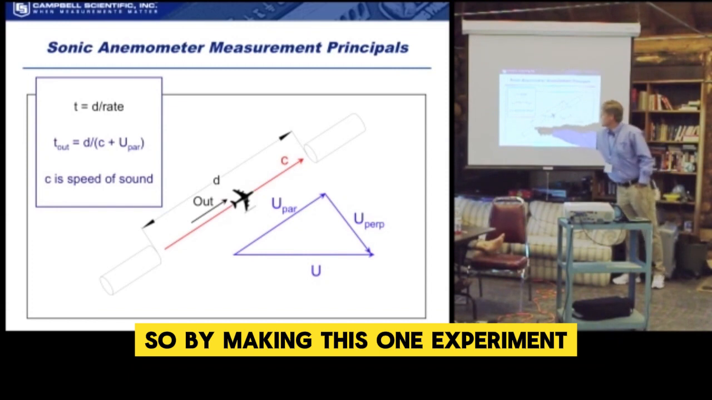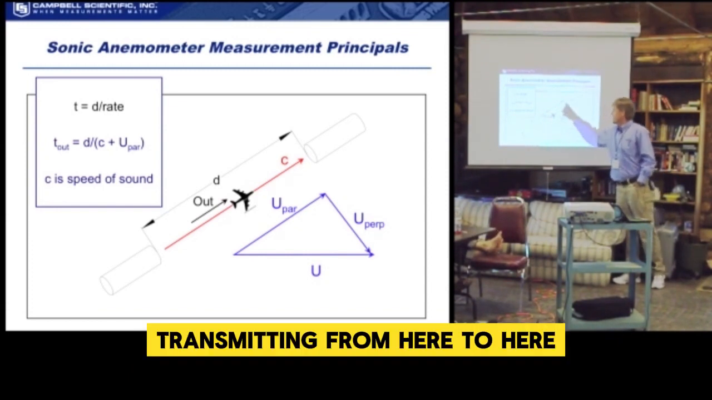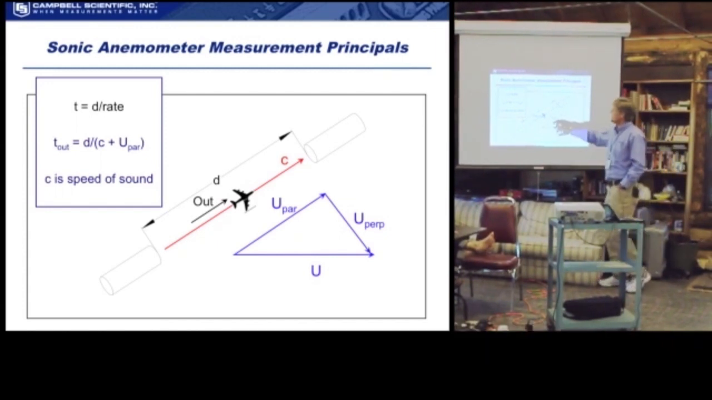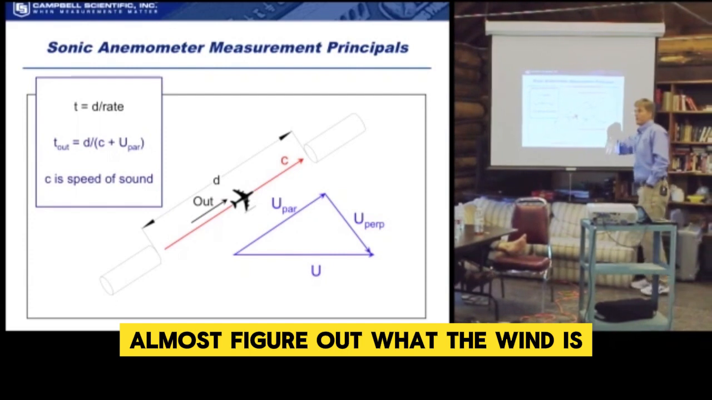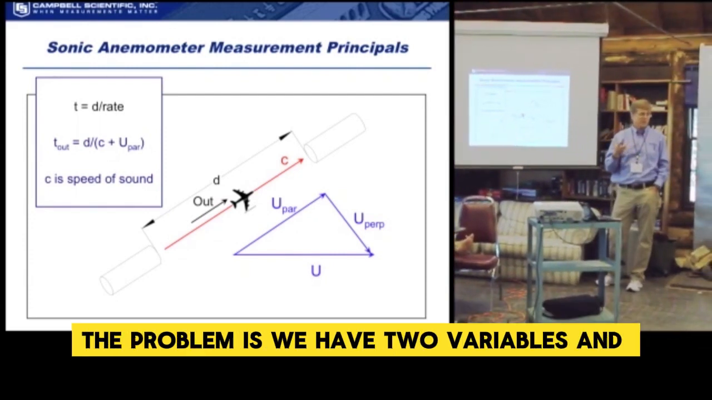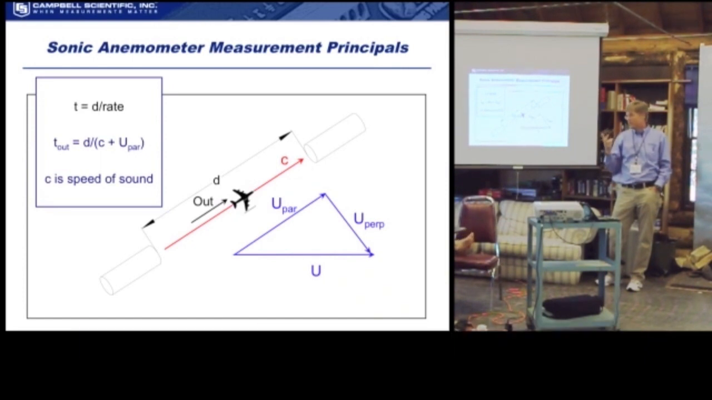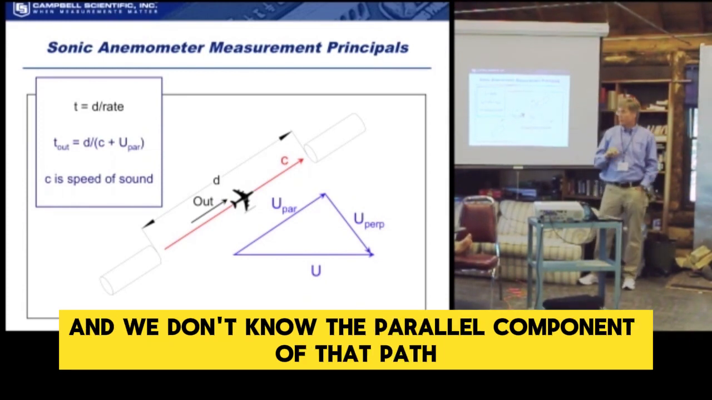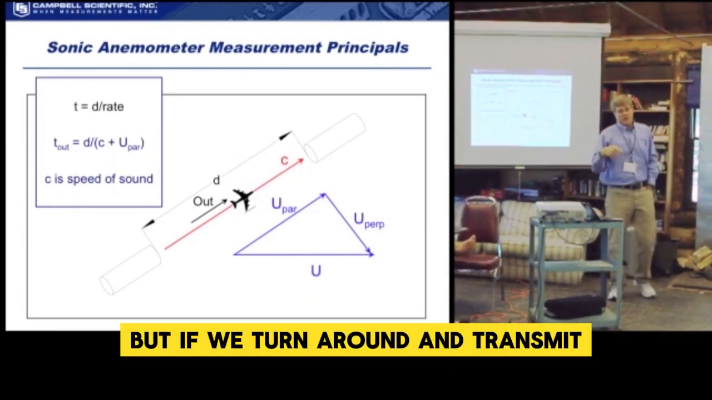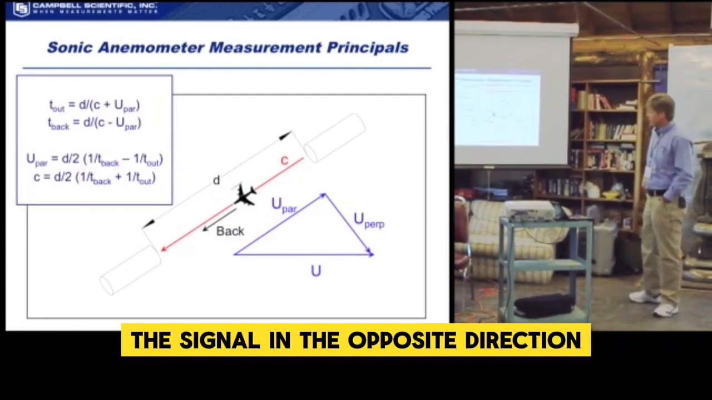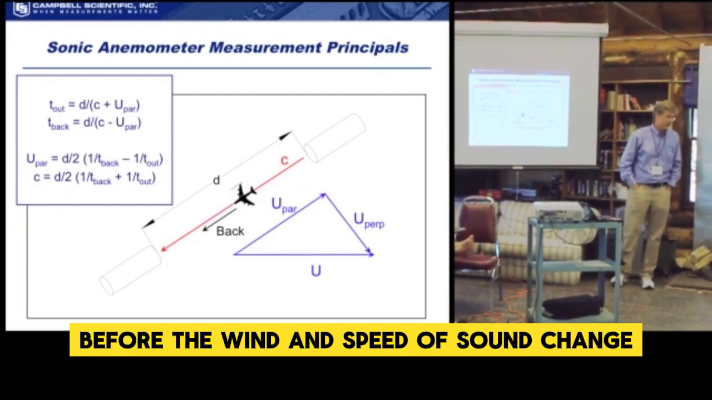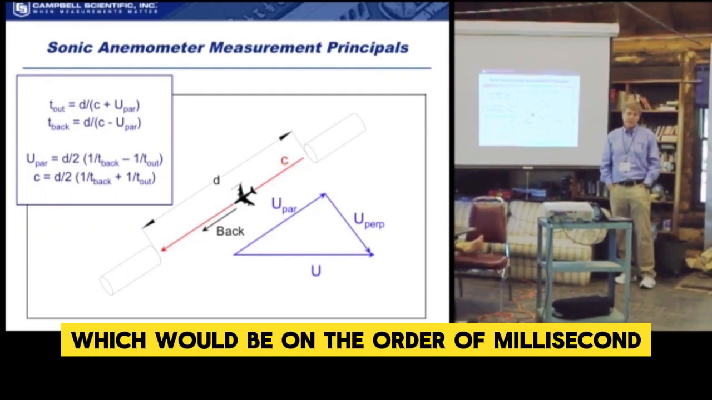All right, so by making this one experiment, transmitting from here to here and measuring that time, we can almost figure out what the wind is and almost figure out what the speed of sound is. The problem is that we have two variables and one equation, two unknowns and one equation, right? Because we don't know the speed of sound and we don't know the parallel component of that path. But if we turn around and transmit the signal in the opposite direction in a relatively short time frame before the wind and speed of sound change, which would be on the order of millisecond,